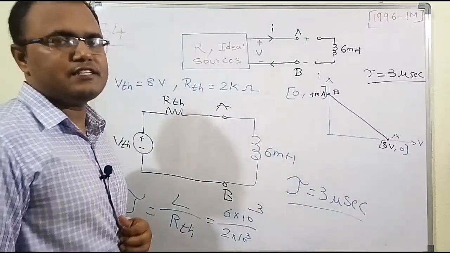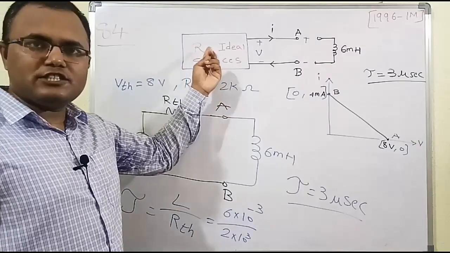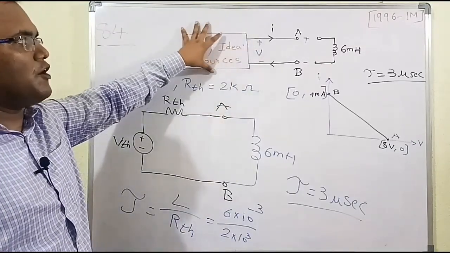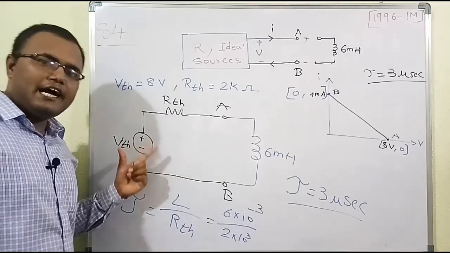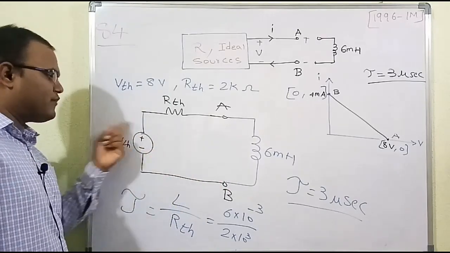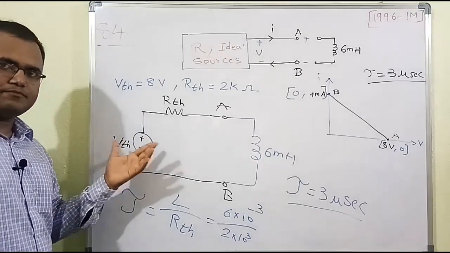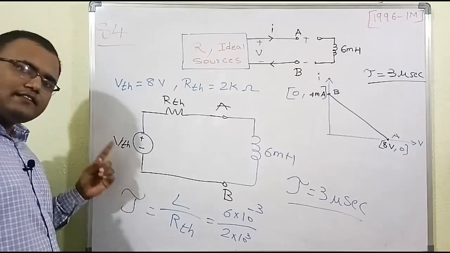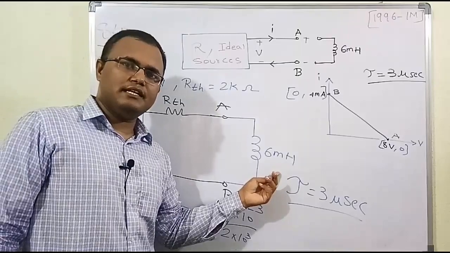What I am trying to say in this example is, there is a network which consists of resistor and ideal voltage source. I am going to make all this complex circuit into a simple circuit, which is a Thevenin voltage and Thevenin resistance. Actually, in this time constant we need only the L value and R value. No need to find Thevenin resistance, but I have figured it out just to know the value of Thevenin resistance. So that's why I have calculated the Thevenin voltage and Thevenin resistance. For this network we have calculated 6 millihenry.